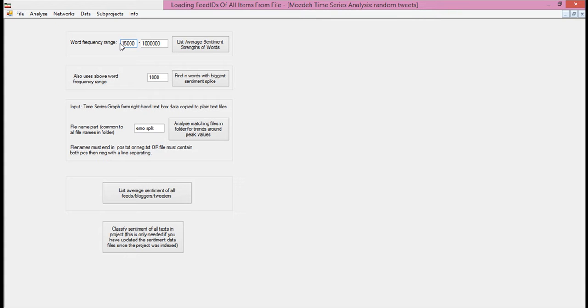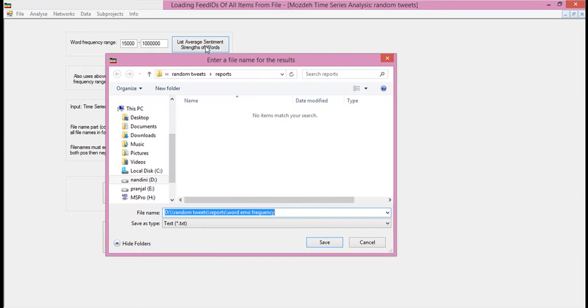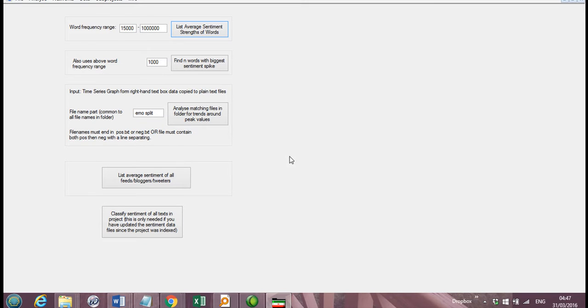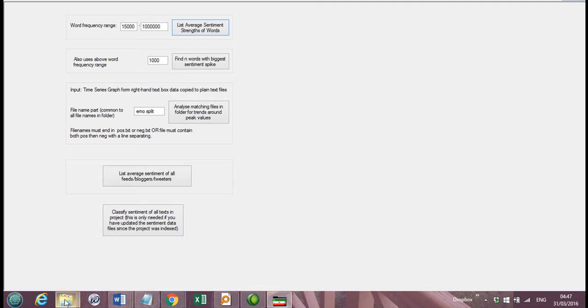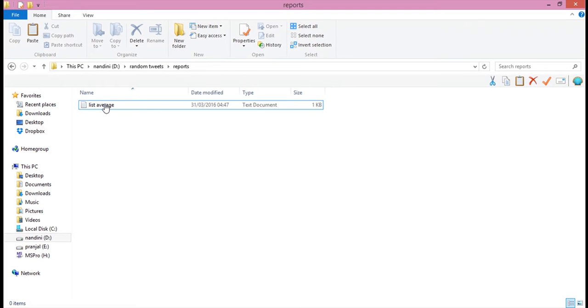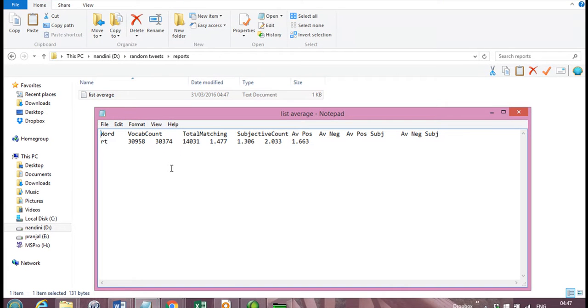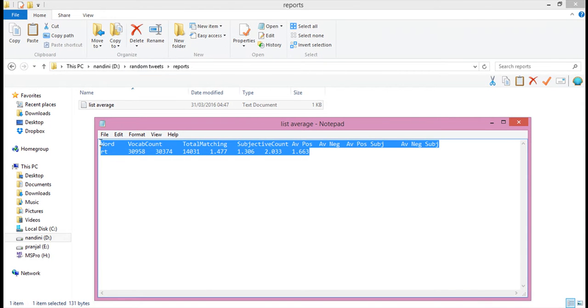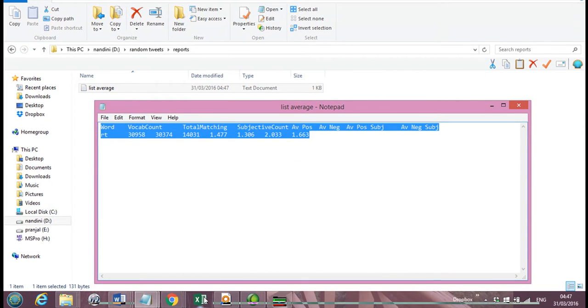I make it 15,000. So, list average sentiment strength of words. If I click this, then it will ask for the file name. We go to the file, it must have created, yeah, list average. If you open this, go to the Excel,